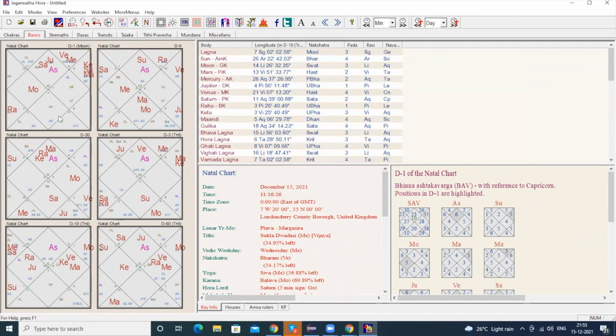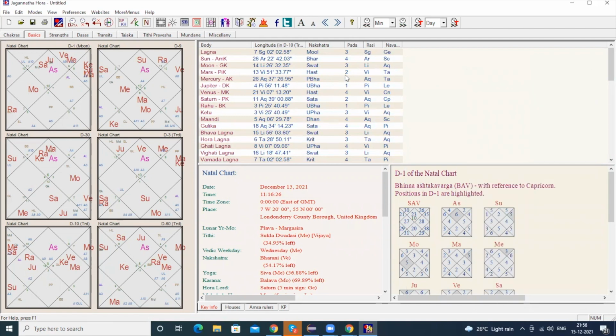Let's say for example in the D10 chart, Sagittarius ascendant. Here it's showing Sagittarius 7 degrees, 2 minutes, 58 seconds. Okay, it's in Mula Nakshatra, third pada, Sagittarius Rashi. Okay, it's number 9. Jupiter is placed in Pisces. You can see here the planet Jupiter is in Pisces at 4 degrees, Uttarabhadra pada 1. Okay, so that's how you need to see.